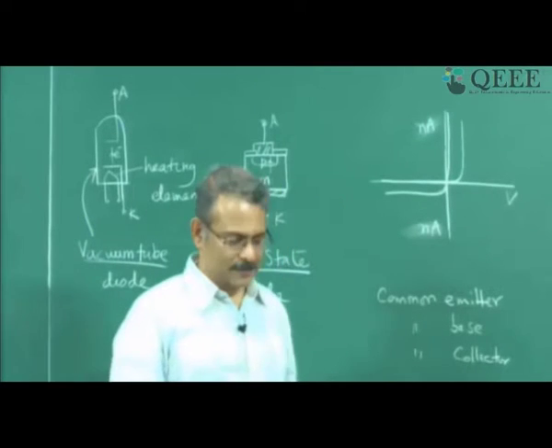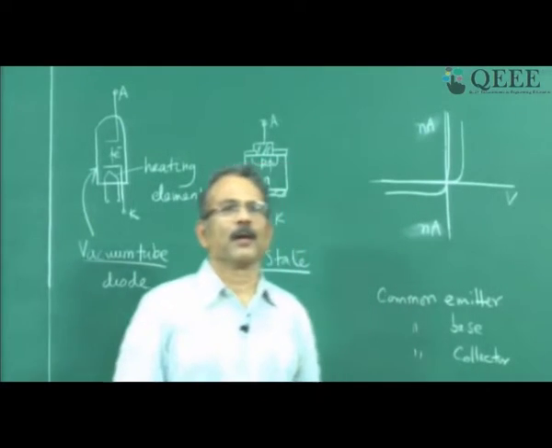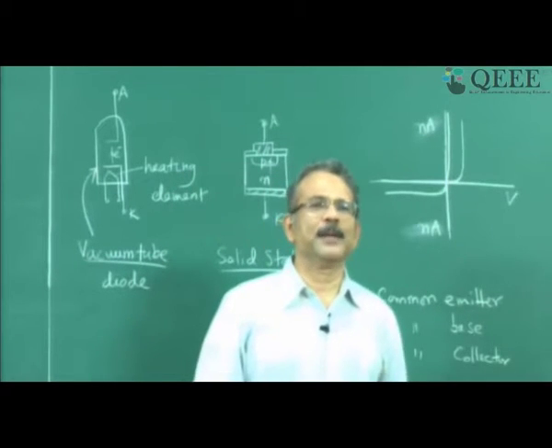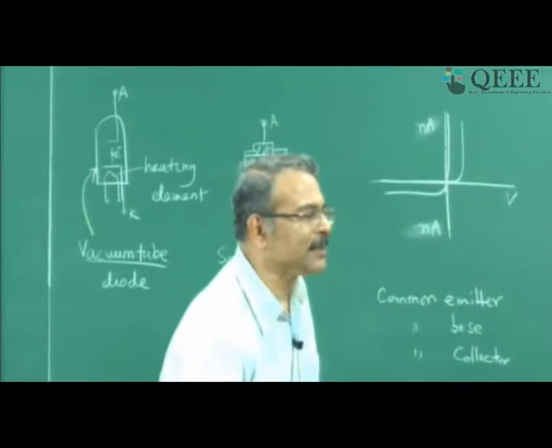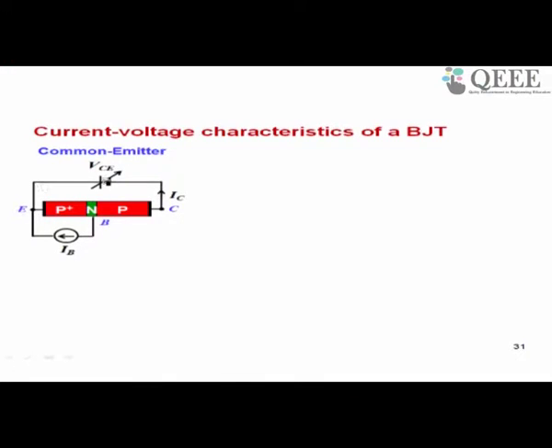Common emitter, that means I will apply the voltages or currents with respect to the emitter. So here you can see the emitter is common. I am applying a voltage between collector and emitter as I did for a diode, but between emitter and base I am now applying a current, and this current controls the current between emitter and collector. So base is the controlling terminal. Now let us see how the collector current changes when you change the collector emitter voltage for any given base current.